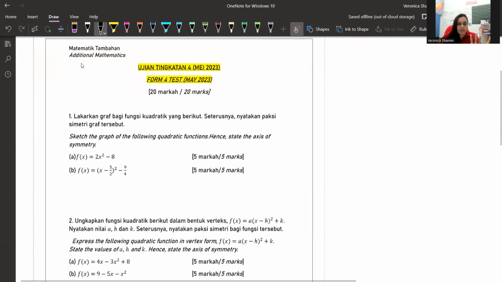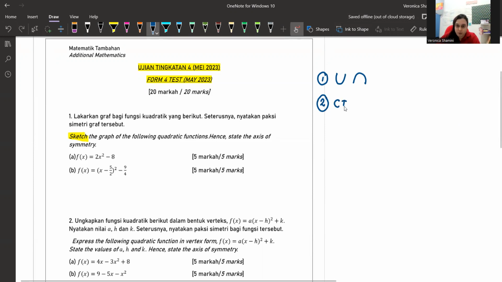Okay, number 1, sketch the graph. Whenever you see this sketch, lakarkan, graph, straight away remember there are a few steps that you must do, isn't it? Okay, let me show here. Number 1, what's the step? You must know the shape of the graph, smiling or sad graph. That one you must identify first. Okay, second,